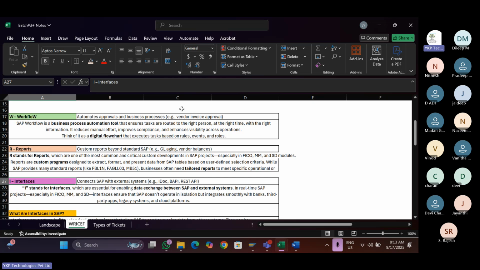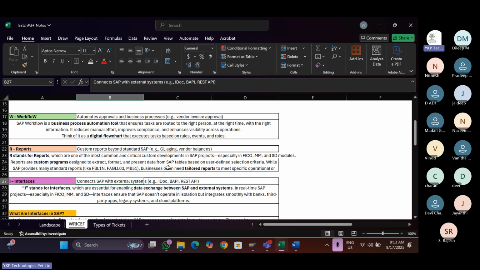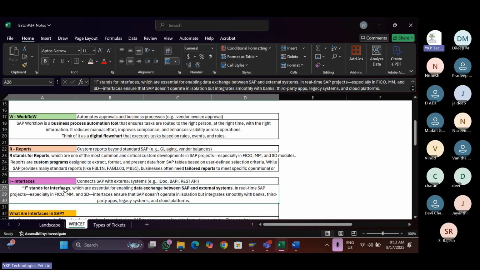Okay. Interface means we are exchanging certain data from system to system, whether postings or master data, whatever it may be. That is called an interface. To give you a simple example, like IDOC, BAPI. What IDOC and BAPI are, we'll get to know in the next sessions. A simple explanation: these are essential to enable data exchange between SAP and external systems in real-time SAP projects, FI, MM, SD. So like that,